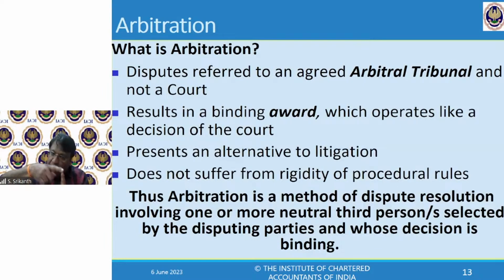A single arbitrator is possible, that's fine. Or two also possible, but two is generally avoided, but three. Odd numbers are preferred rather than even, for the obvious reason that even could result in a tie. And who will break the tie? So prefer an odd. But that's not a strict rule. It is possible to have even also. But preferably not. So arbitration is the method of dispute resolution involving one or more neutral third persons, unconnected, selected by the disputing parties and whose